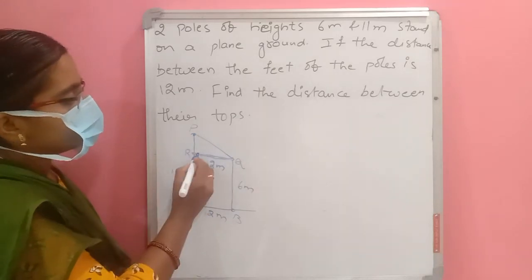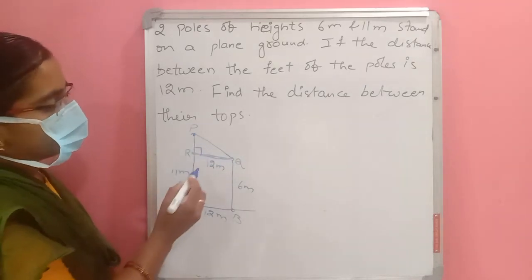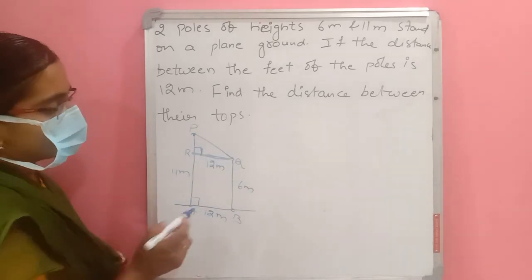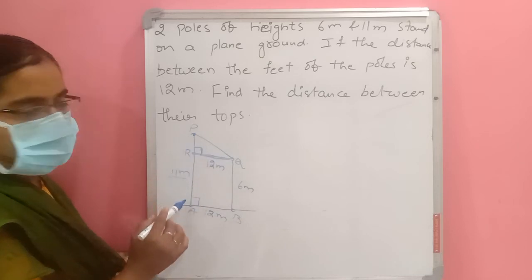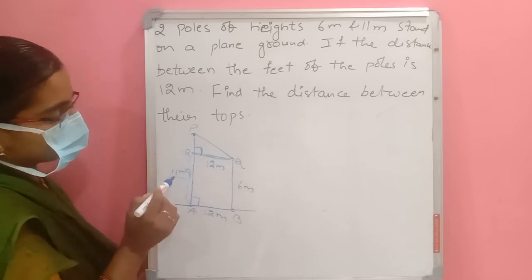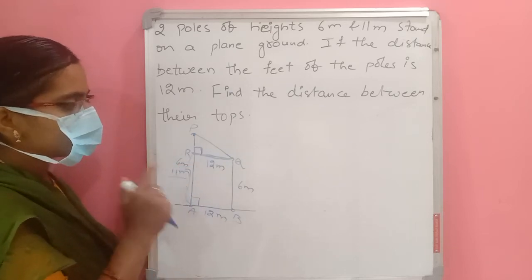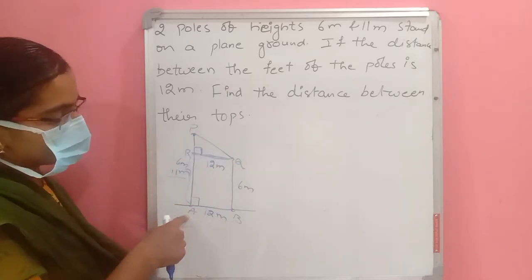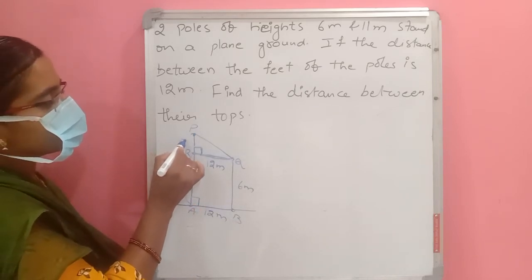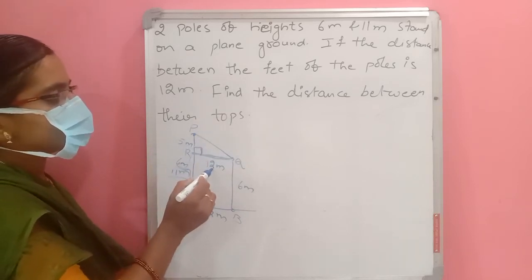Here also we have drawn a line perpendicular to this PA pole. Then this is also 12 meter and the angle is 90 degrees. And here you can observe, this is the 11 meter pole and this pole is 6 meter, which means up to here the distance is 6 meter. So BQ is 6 meter, this AR is also 6 meter. This total PA is 11 meter. From that, RA is 6 meter, so the remaining PR is 5 meter. 11 minus 6 becomes 5 meter. So this is 5 meter and this is 12 meter.